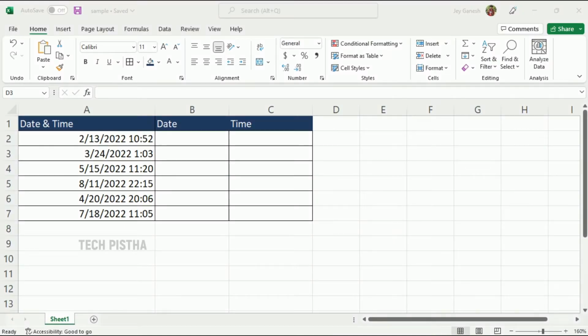In this video, I am going to show you how to split date and time on Excel. If you would like to split the date and time from its combined column on Microsoft Excel, then you can use this simple formula to get the solution. Let's learn how you can do this. In my Excel sheet, I have a date and time column that I have to split into date and time